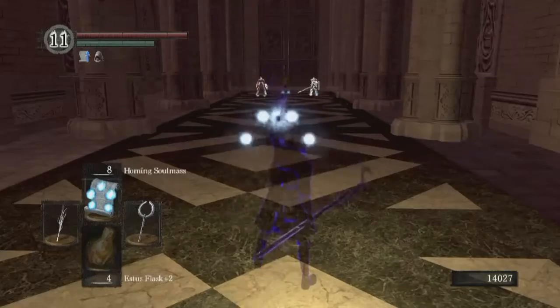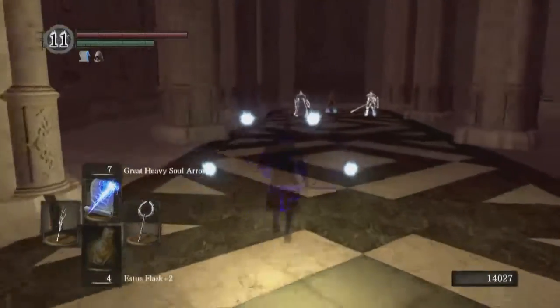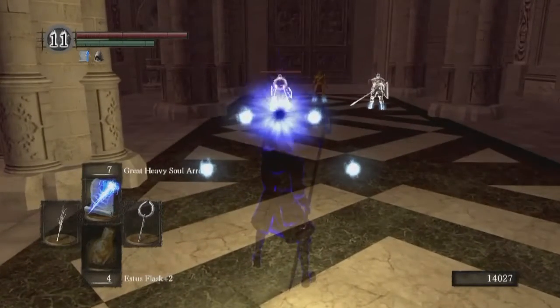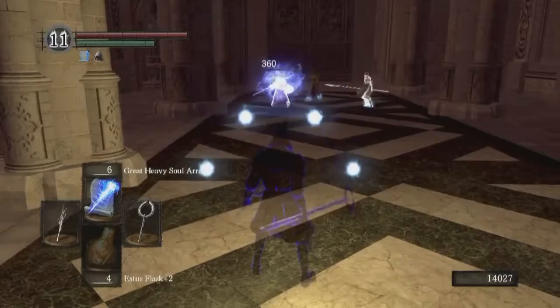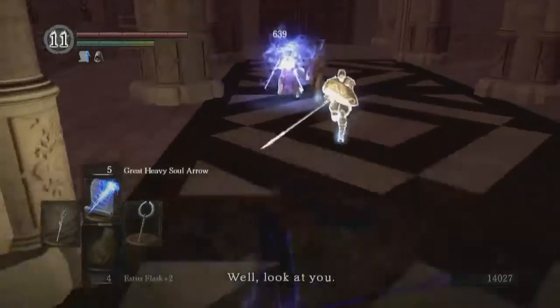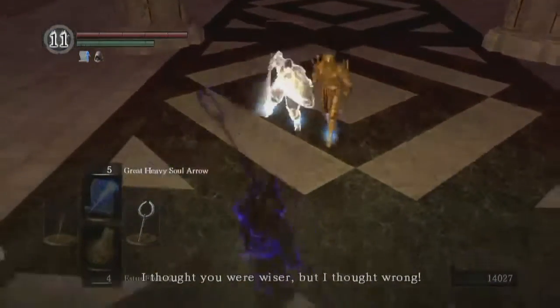So we buff. We will go ahead and go after the Sorcerer first. If we can deal with their ranged support, the rest of this will be cake. So wake up call. And done. Not very sporting, but...